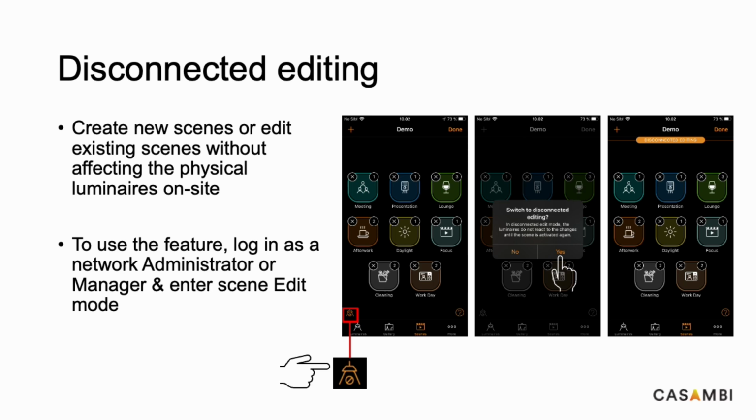So you've got to log into the network with administrator or manager rights. Go into editing mode for the scene and you'll see the icon shown in the bottom left pop up in the bottom left of the screen. Tap on that and you'll get a message to say, do you want to switch to disconnecting editing mode, and select yes. And once you select yes, you'll get the orange display at the top of the screen saying disconnected